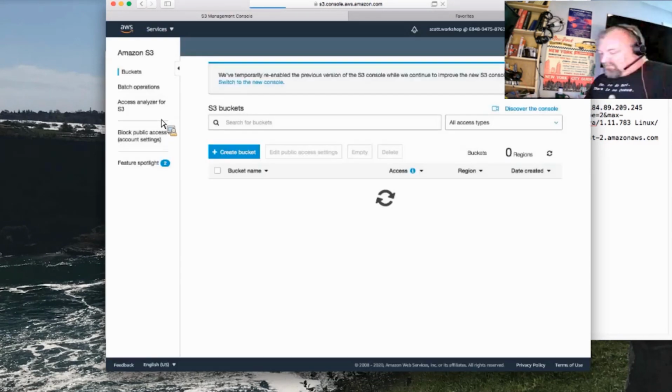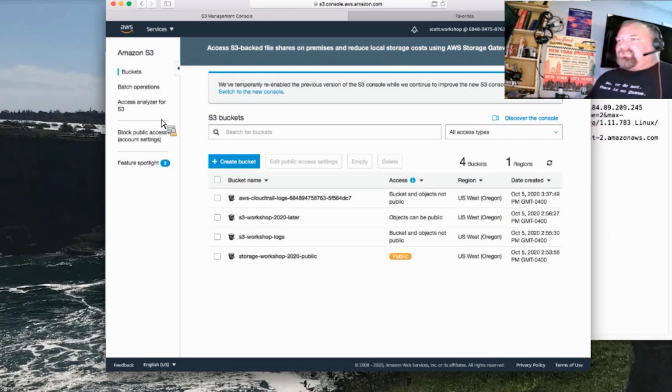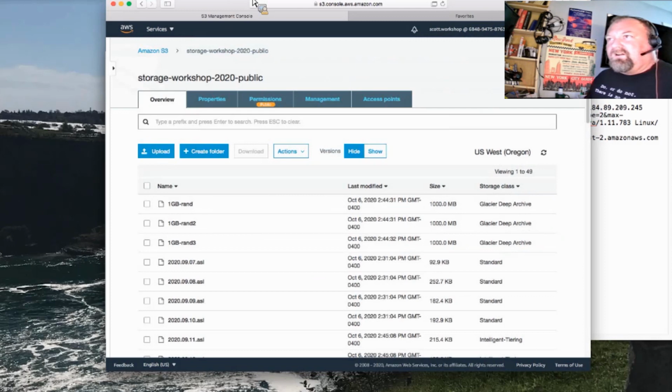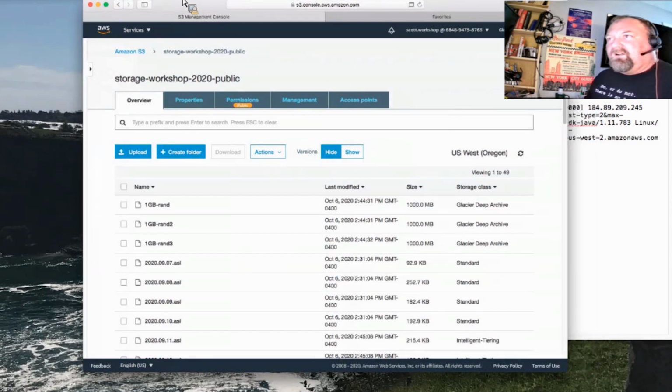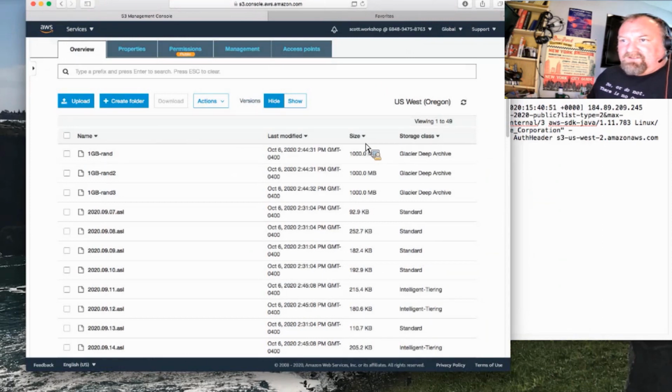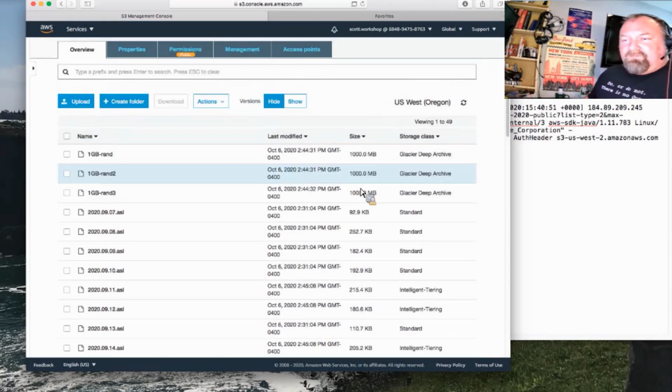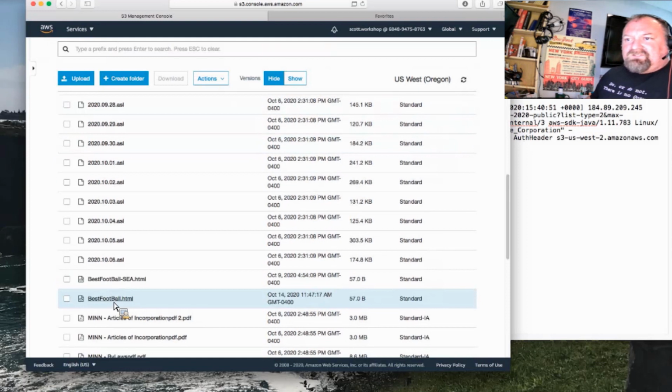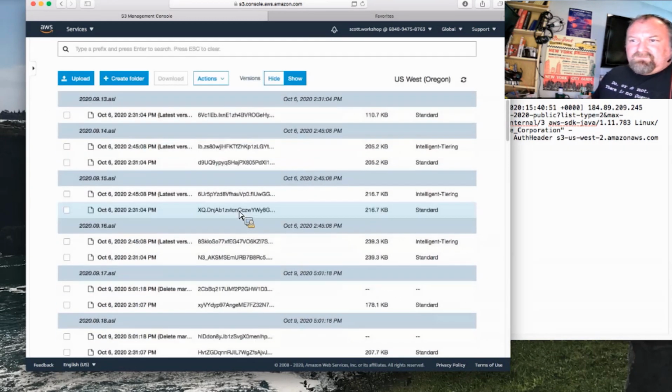So then we talked about versioning, and versioning is a really critical piece of our data protection strategy. I shared with you earlier a pre-signed URL, and it was for the bestfootball.html. That was the pre-signed URL that we looked at. And while he was presenting, I actually uploaded another version, and you can see it here. When we show versions, you can see that